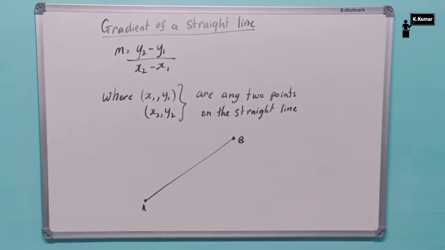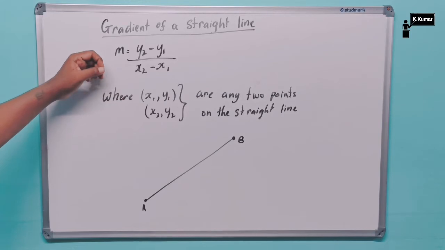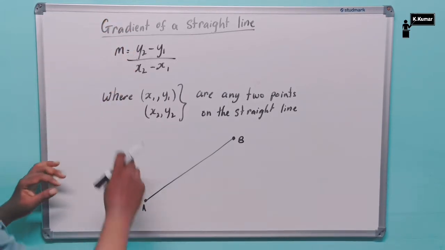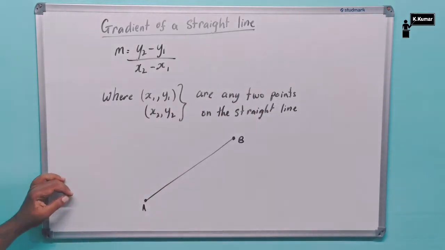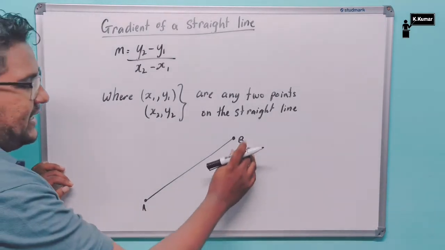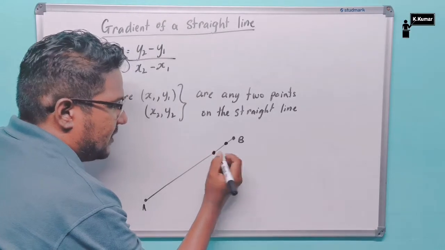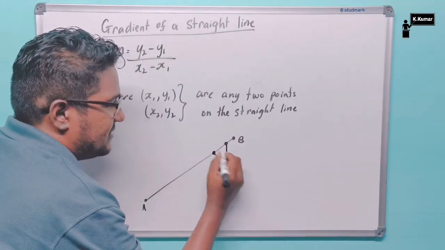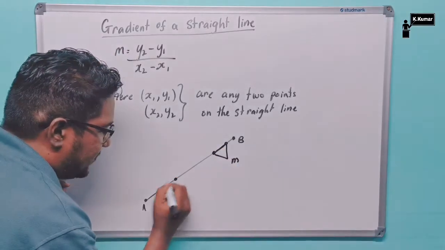The third thing we're going to look at is the gradient of a straight line, and the formula is m equals y2 minus y1 divided by x2 minus x1, which is the change in y divided by the change in x, where x1, y1, x2, y2 are any 2 points on the straight line. Now let's say you have the line AB and you are using these 2 points here. If we use these 2 points, then the gradient, which would be the slope of this line, and if we use these 2 points here,